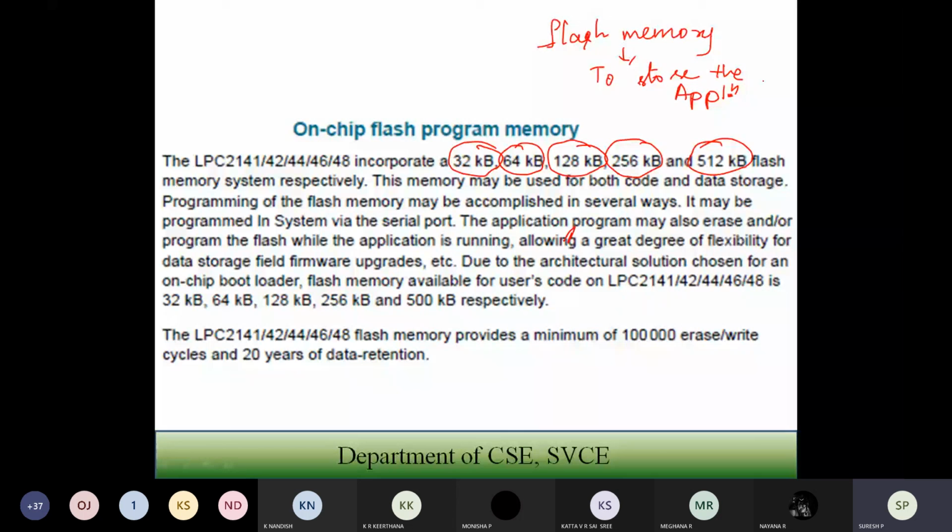So your flash memory is basically incorporating 32 kilobytes, 64 kilobytes, and 128 kilobytes of flash memory which you are going to have. So now here, when you are going to have this particular memory, it is going to be mainly